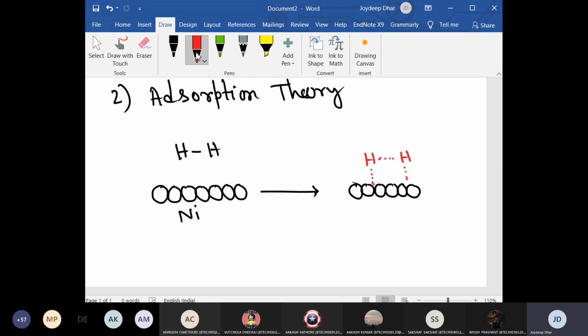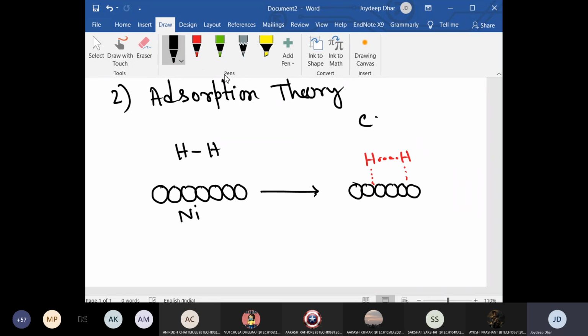Okay, so you know hydrogen has valency 1. So when hydrogen is making weak interaction with the metal surface, automatically the interaction between the two hydrogen atoms will be weaker. Okay, so the hydrogen bond can now easily dissociate, and if you have some alkene molecule, let's say